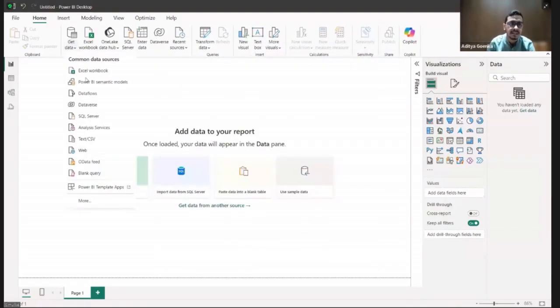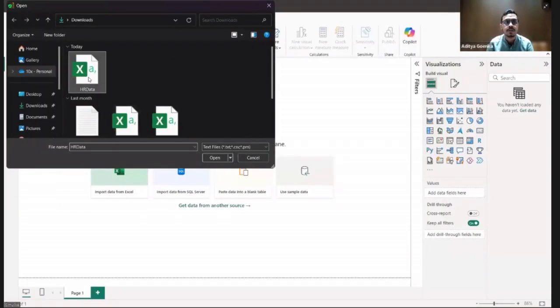But for the sake of simplicity, and for the case of defining the purpose for 99% people over here, we'll be using it via our Excel file or via our CSV file. Correct? So I'll simply choose text CSV over here and choose the CSV file that I want to be working on, or the Excel file that you want to be working on, whatever the case is.